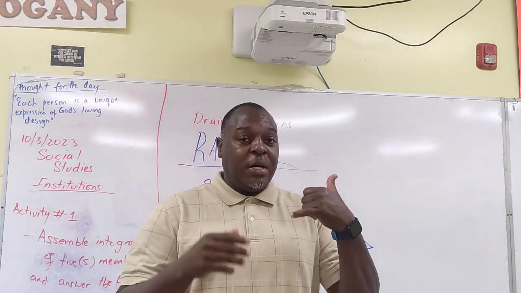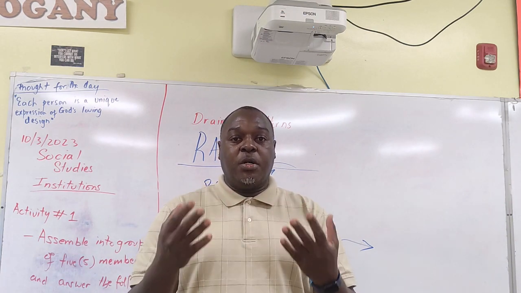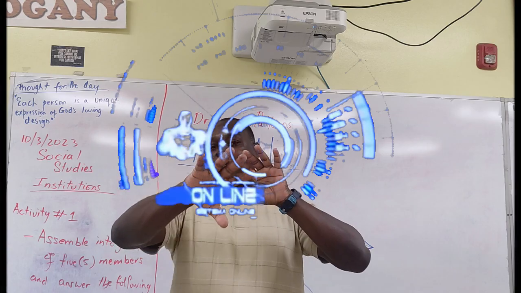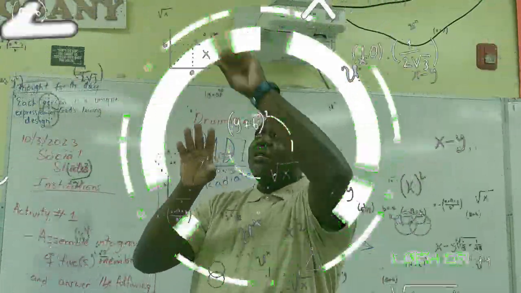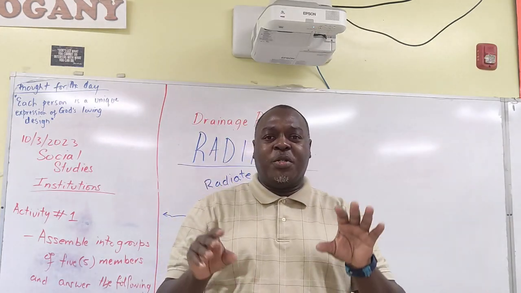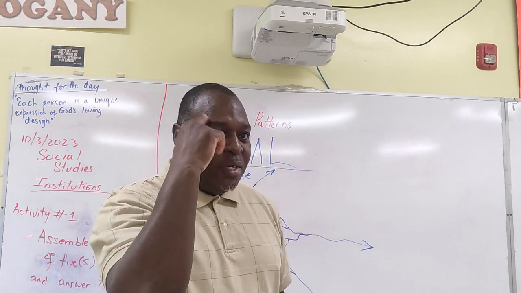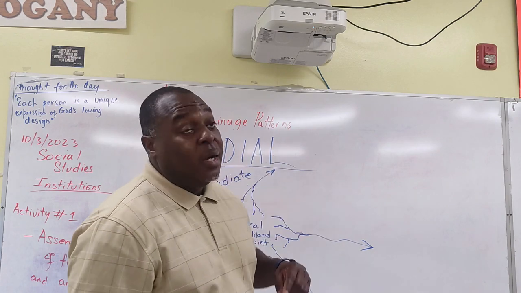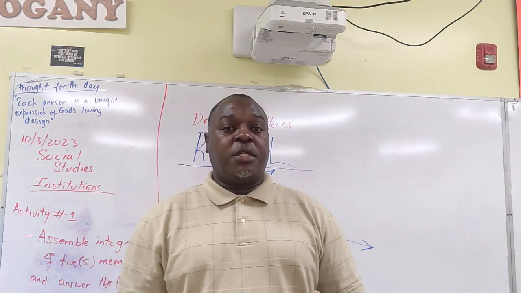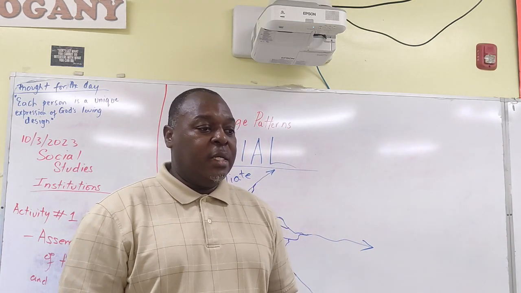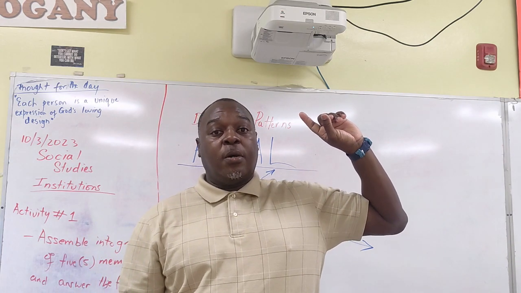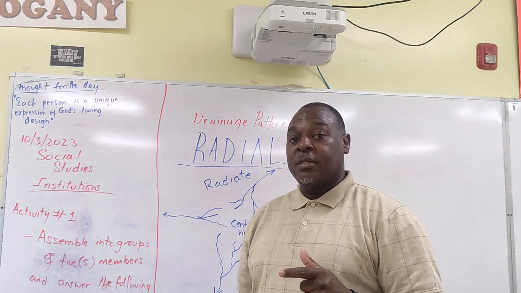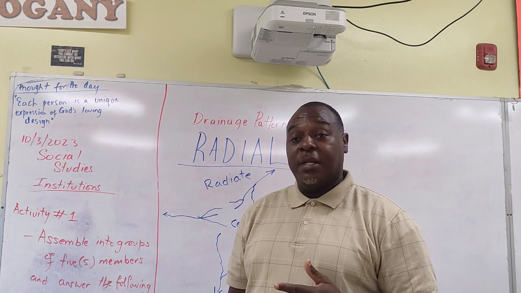So you have to see the different things on the map, what each color means, and then you start to pull out information, like those future movies where they're extrapolating information seemingly out of thin air, like Minority Report. Anyways, my brain acting like that. So we're going to be talking about describing or identifying drainage on a map, not necessarily just drainage patterns. So we're going to move into that. And I think I see my class lining up outside, so